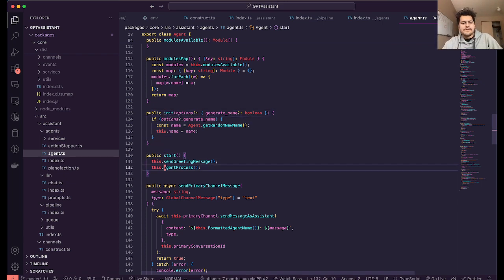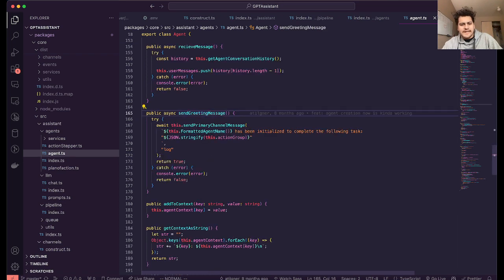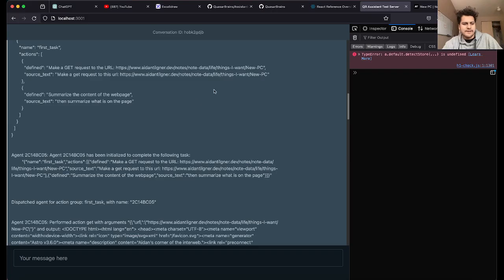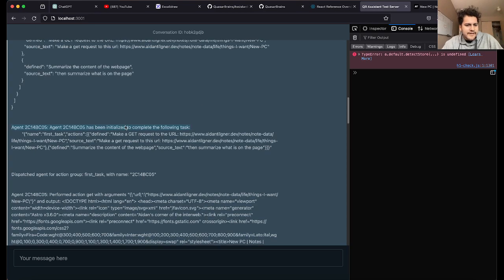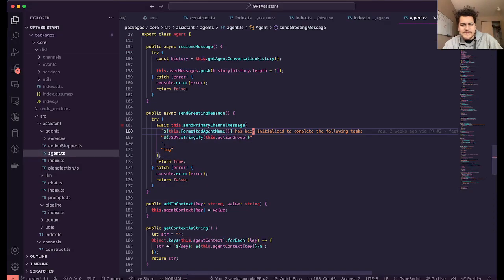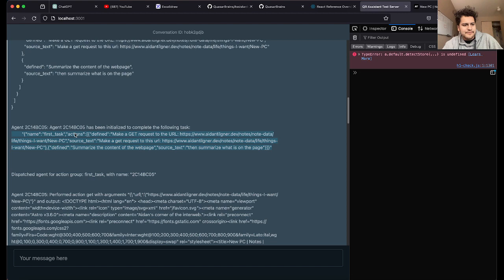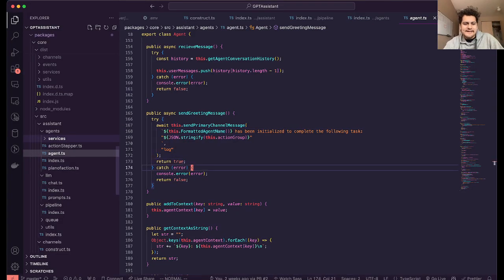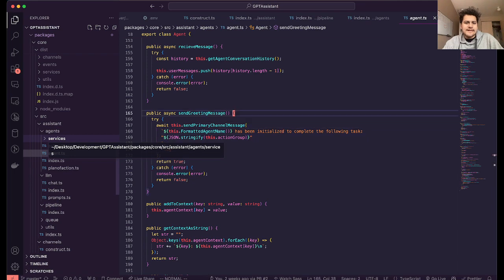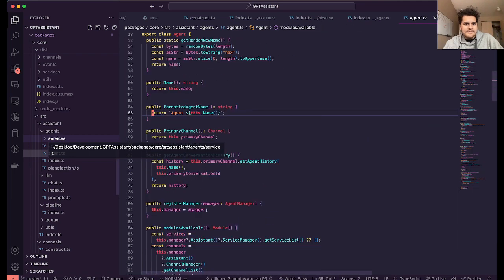But the real interesting part is the start method, which first of all sends a greeting message, which is just kind of what we saw over here. Has been initialized to complete the following task, and then it stringifies the task that it has. And then after it sends that greeting message, up here in start,